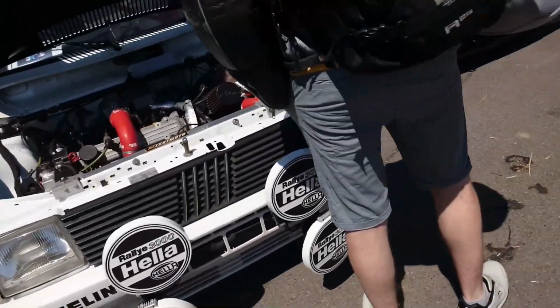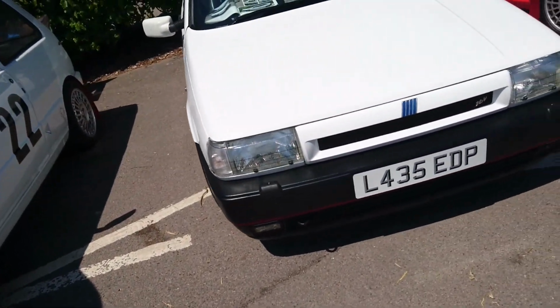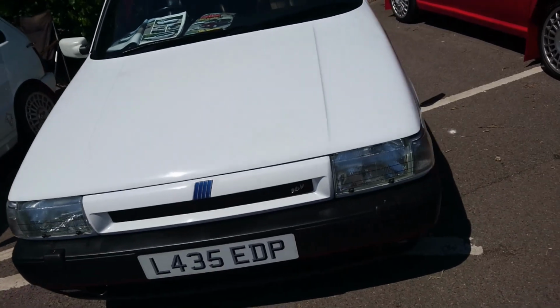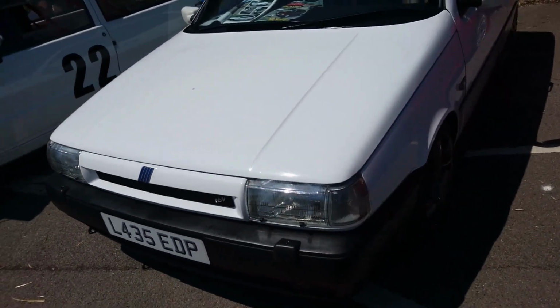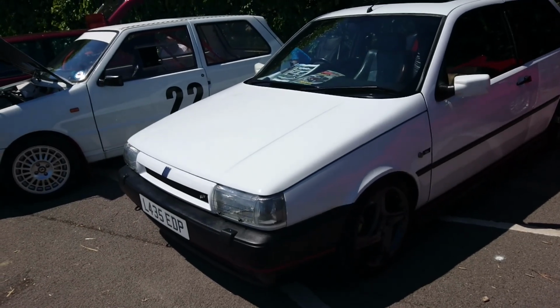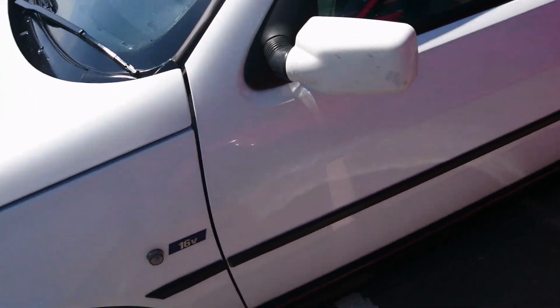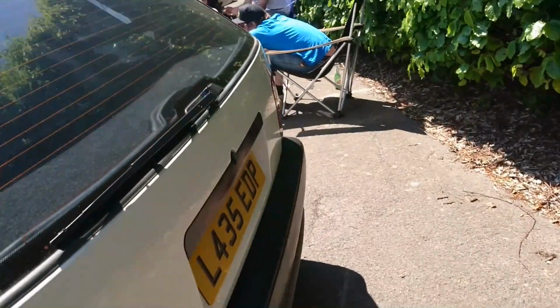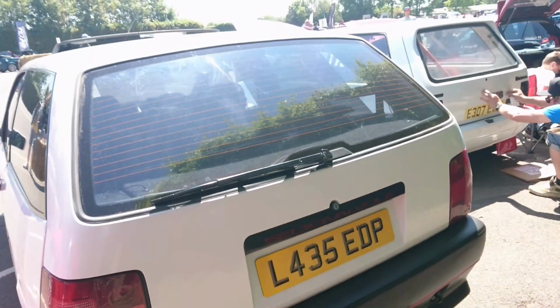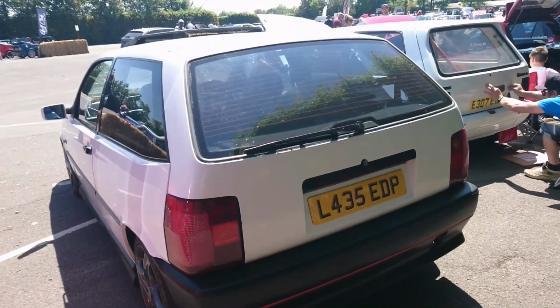I don't know what engine's in this. This is a pre-facelift Uno. Ooh. A 1993 to 1994 Fiat Tipo Sedici Valvole. Viewers, we just don't see things like this, do we? Don't see things like this at all. Sedici Valvole, absolutely right. Right, let me just pause here whilst I take a photograph of this for one of